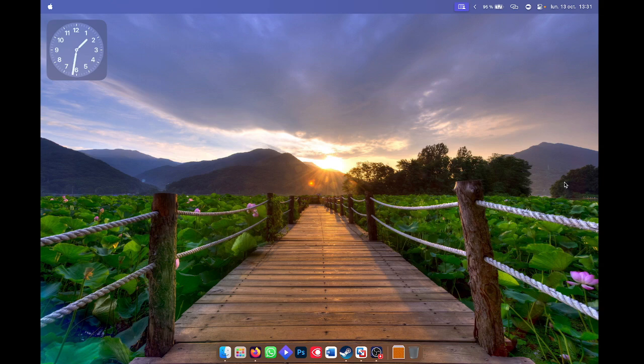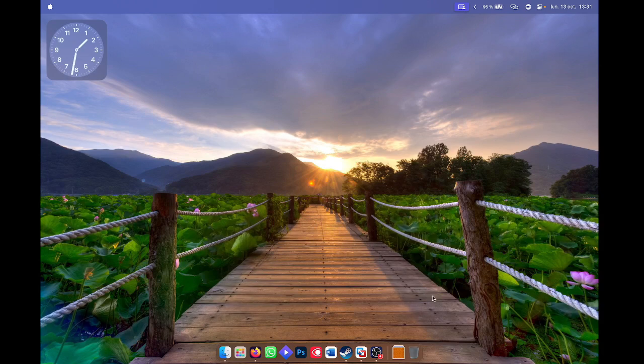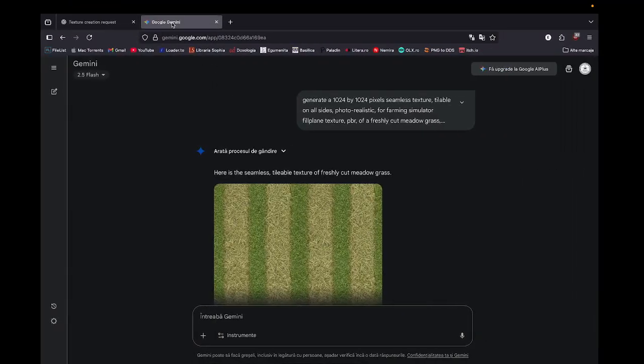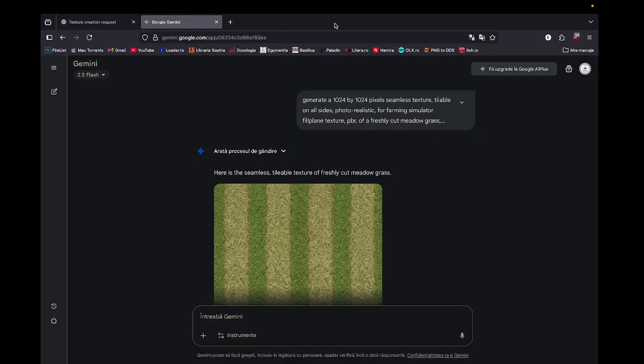So let's begin. First of all, you will need GIMP or Photoshop, but you'll definitely need GIMP for the texture edit. And second, open the browser, open ChatGPT or Gemini or another AI tool that can create images, and you have to input something like the